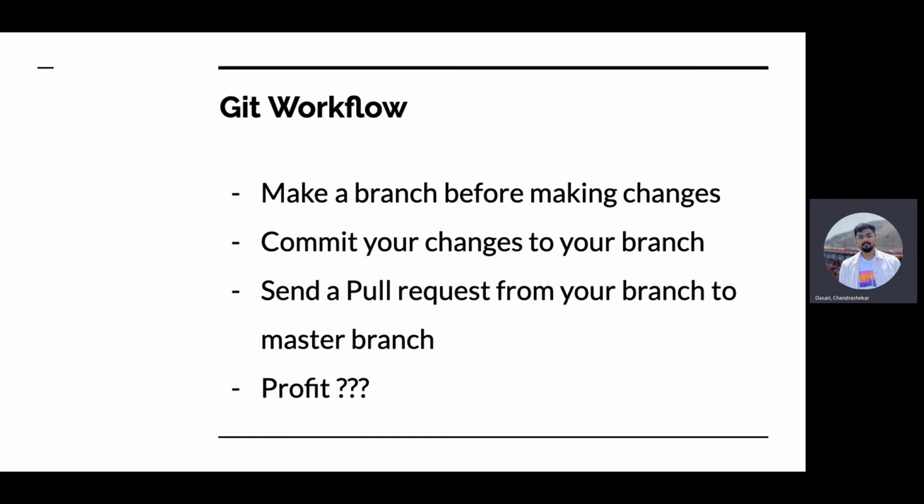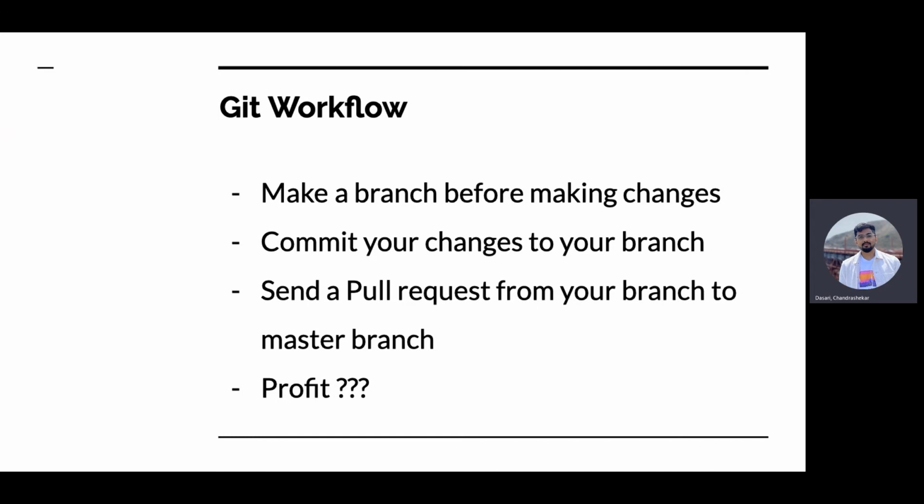So like I said, there's a certain workflow when you're working with teams. The way it starts off is you create a branch. Let's say your task is to create a new feature, and your feature has to do with the front end. The first thing you do is clone the repo from GitHub. After you clone it, you create your own branch, and this branch has a specific name. You call it your feature name or your Jira ticket or whatever it is. You give it that specific name, and you make whatever changes you want in that branch.